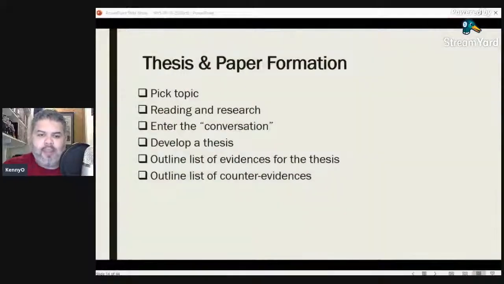You must be able to tell someone, if you're going to disagree with them, that they are either uninformed, misinformed, illogical, or inadequate. Those are the 4 categories that Mortimer Adler dialogues in his book. In your research paper, you must be able to do this. You must point out, here are the counter evidences. Here are the pieces of evidence that would go against what I'm defending in this paper. And then you must explain why you think they're wrong.